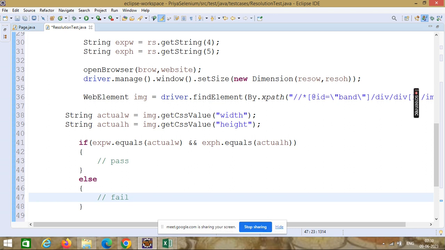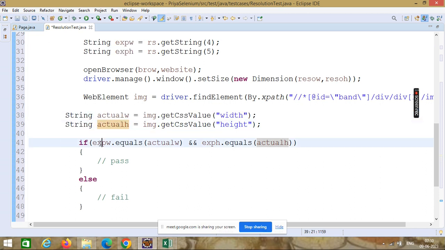Then I will get the actual from the website, then I will read the data from the Excel sheet, compare them, and then I have to insert in sheet number 2 that I have tested this browser for this resolution, for this image, and if it is matching, I will record it as a pass, otherwise I will record it as a fail.